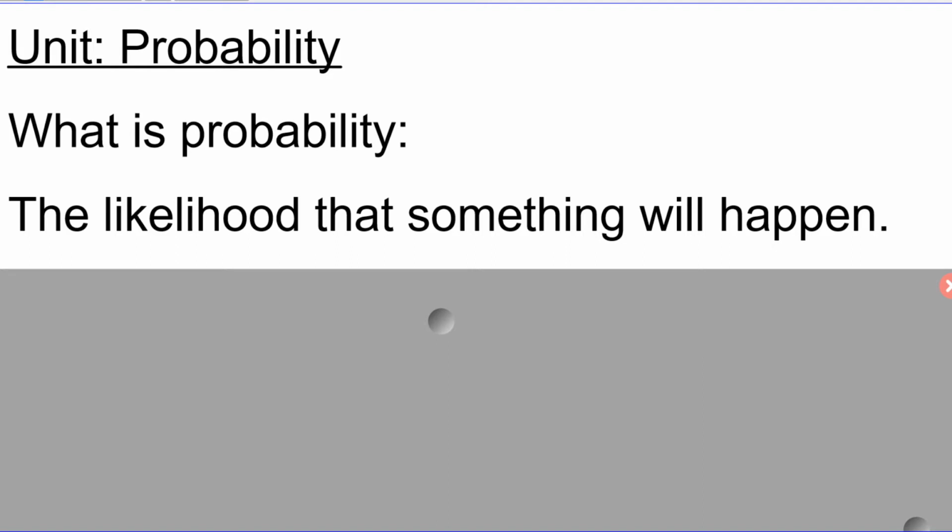And we deal with probability all the time in the real world, usually when we're dealing with gambling. So if somebody wants to go and get a lottery ticket, there is a certain probability of winning, which we'll talk about later. But one of the easiest probability experiments that we can do is flipping a coin. If you flip a coin, if the coin is properly weighted, usually there's an equal probability that you will get heads and an equal probability that you will get tails. And there are numbers associated to that. We usually say there's a 50% chance of getting heads and a 50% chance of getting tails, which we call